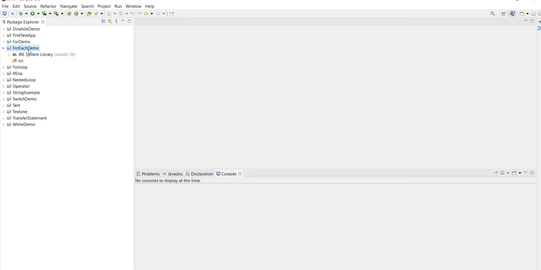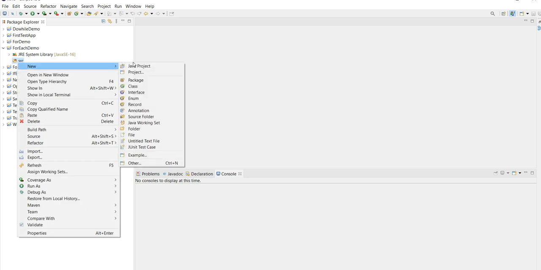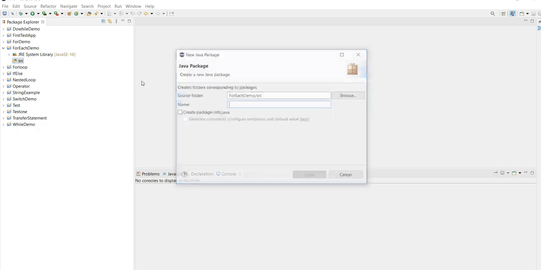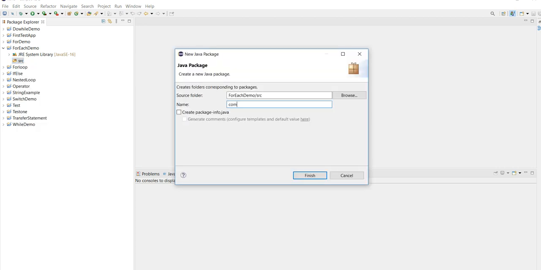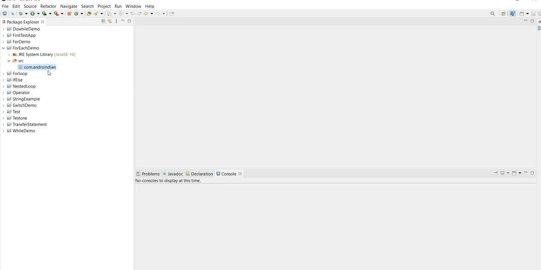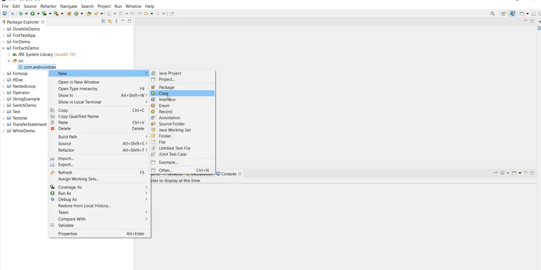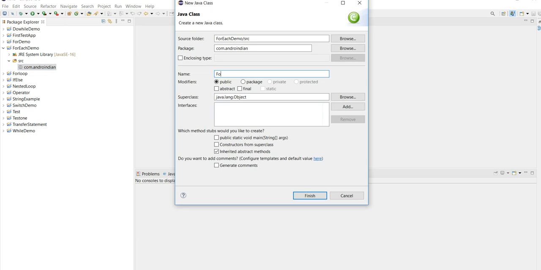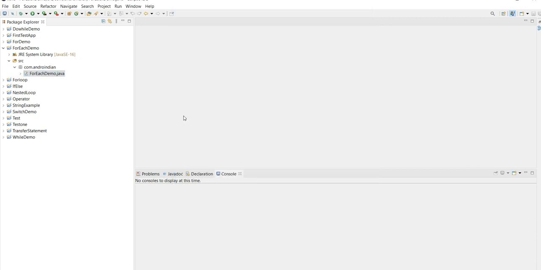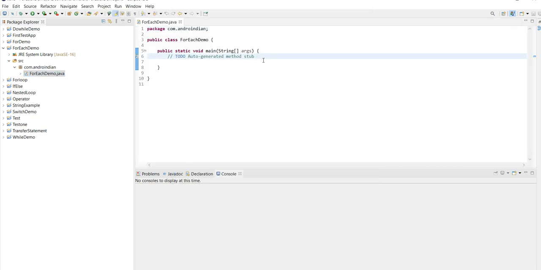In this project we'll add one package, and after the package, we can add the class. I created the class as ForEachDemo with the public static void main method.